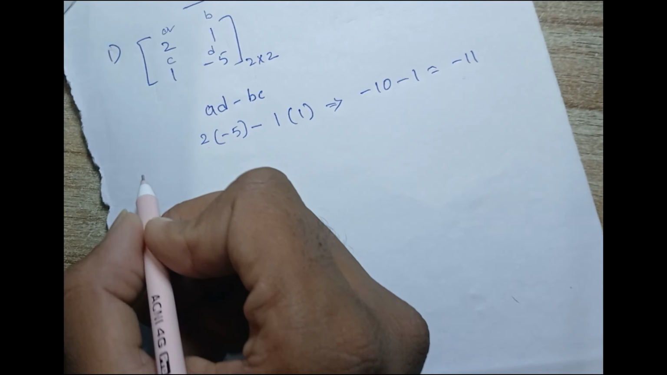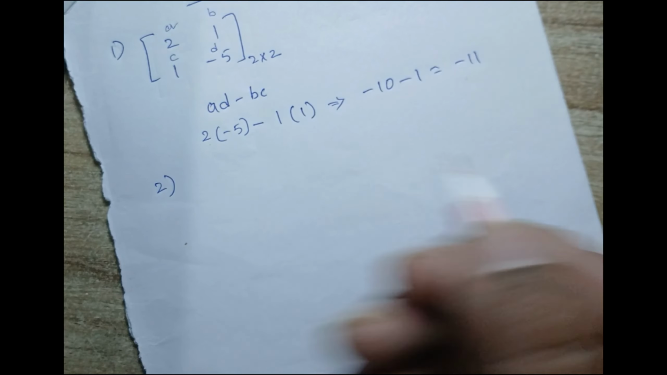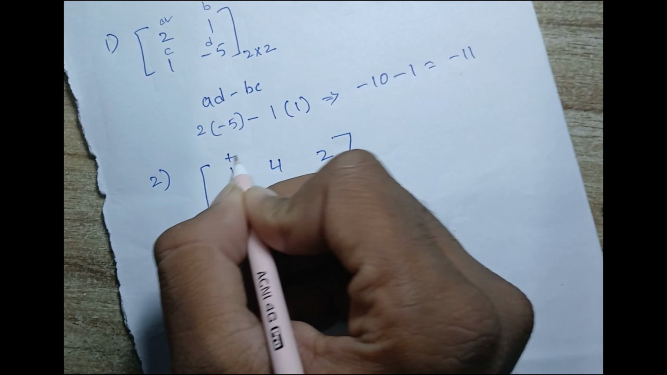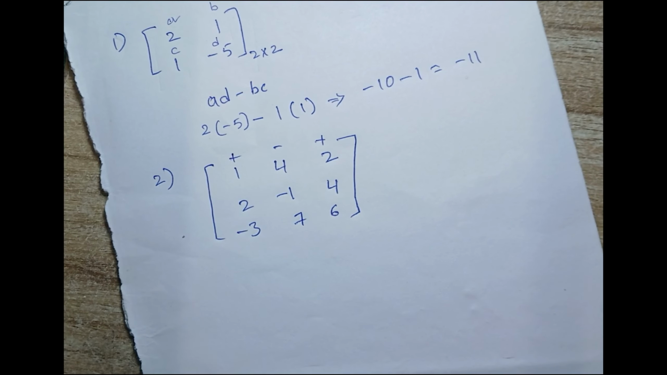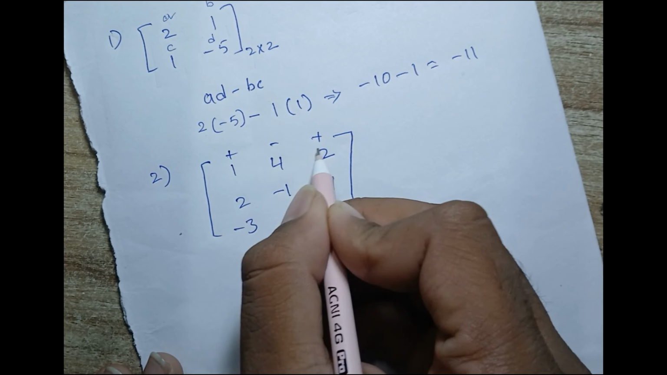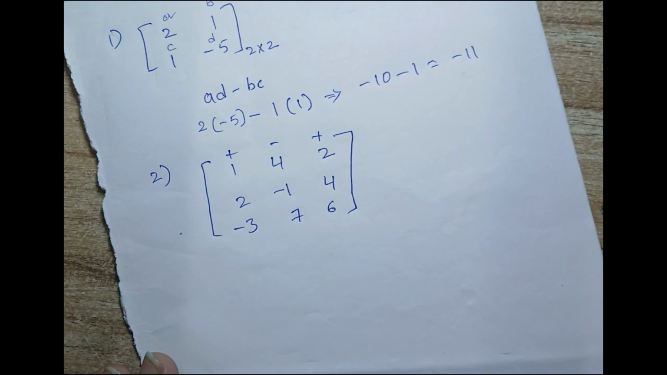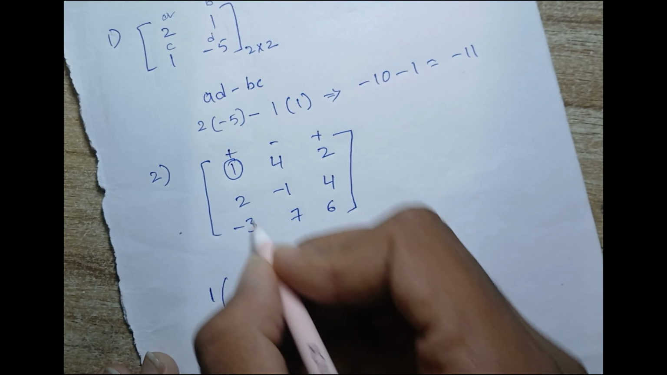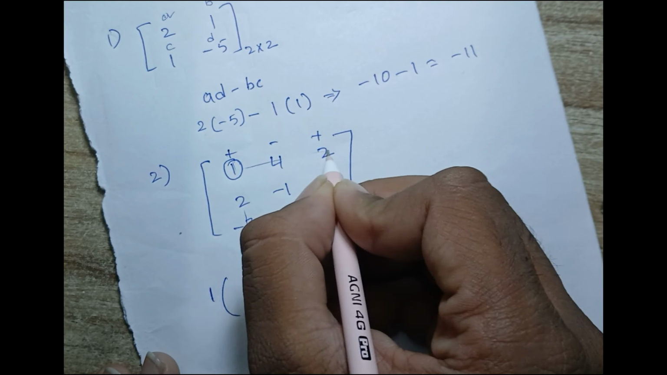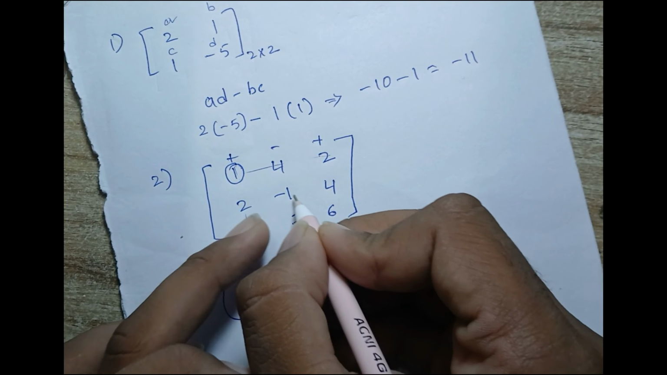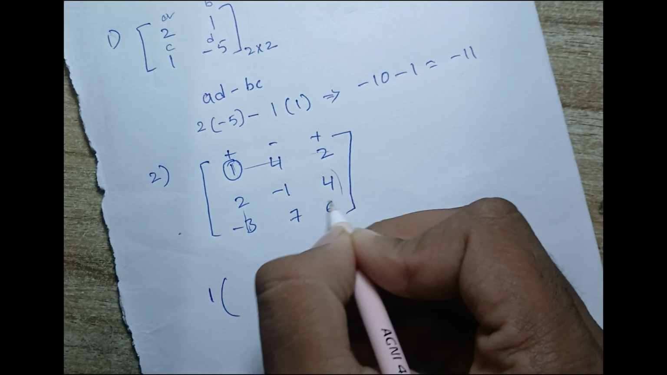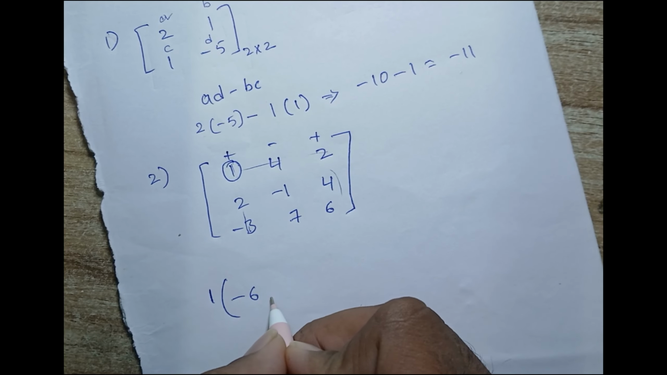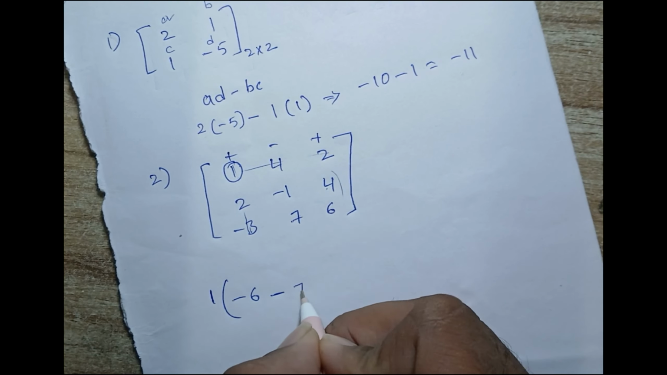Now let us learn how to find the determinant of a 3 by 3 matrix. First assign the signs plus, minus, plus. Now take the first row, first column element, that is 1, into: close this row and this column in this matrix and perform the determinant on these four elements. That means minus 1 into 6 minus 6 minus 7 into 4,